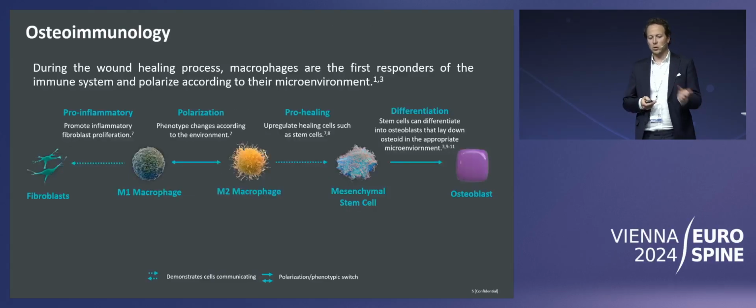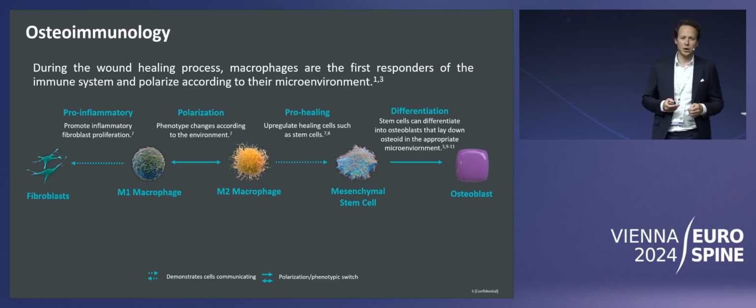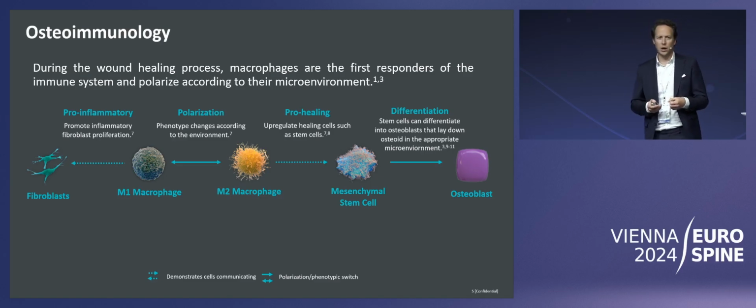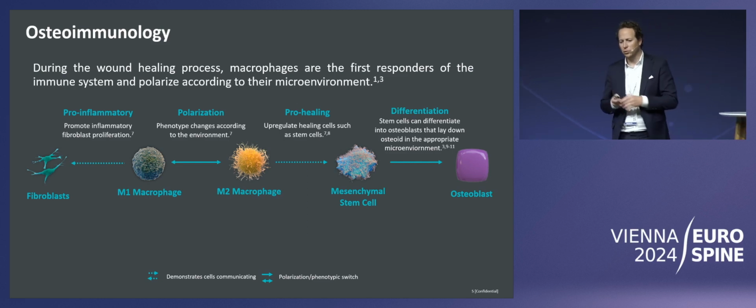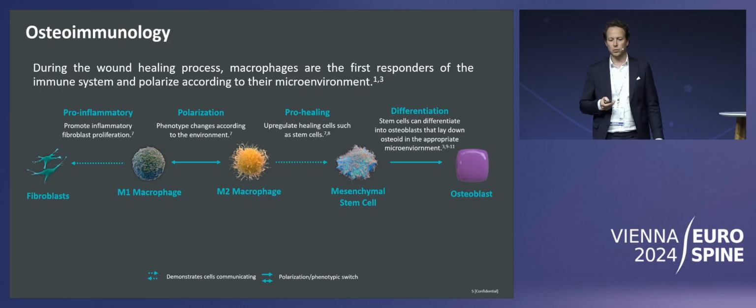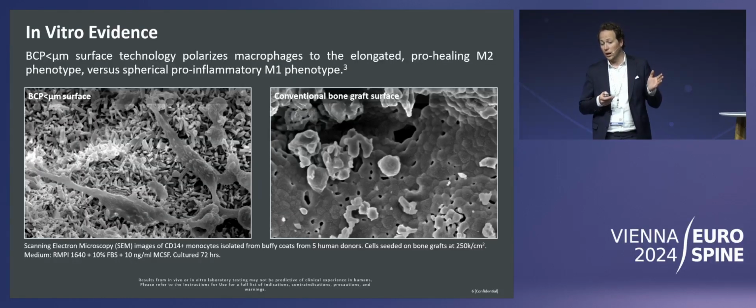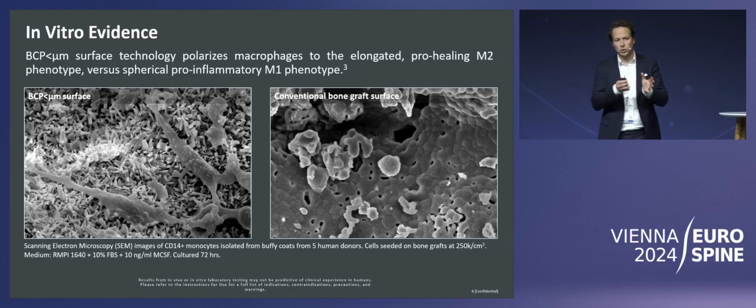And through preclinical research, we have discovered that this surface topography has an effect on the immune response of macrophages, so our white blood cells, and it polarizes them into the pro-regenerative M2 macrophage subtype, which is able to communicate with stem cells and lead to osteogenic differentiation. To study this, we cultured macrophages on the surface of this structured calcium phosphate and compared it to conventional calcium